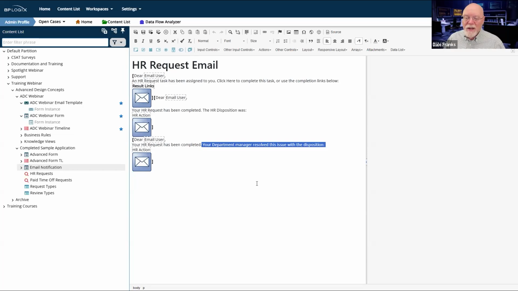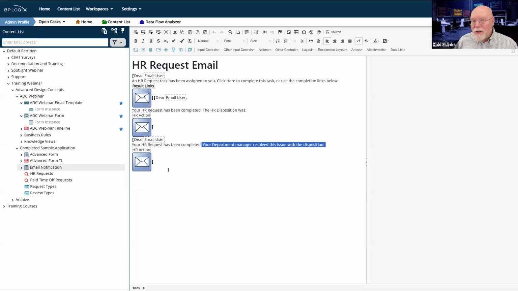So this particular message here, the third one, is only going to go to users in a case where it is a complaint and the department manager resolved the complaint internally in the department without involving HR. So I'm going to know as an end user whether my complaint had to go to HR and HR had to resolve it, or whether it just went to my manager and my manager was able to resolve it without having to refer it to HR. So I've got three different messages that I need to send out.